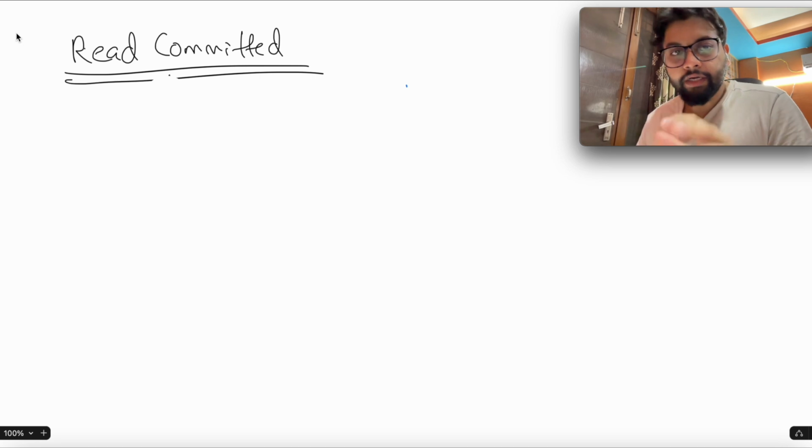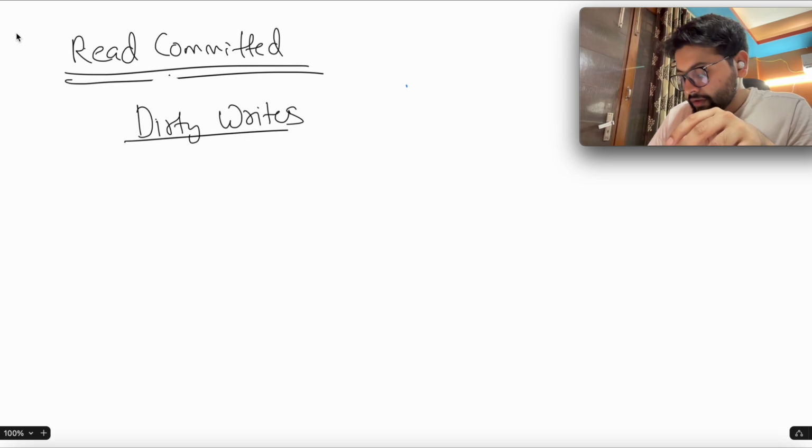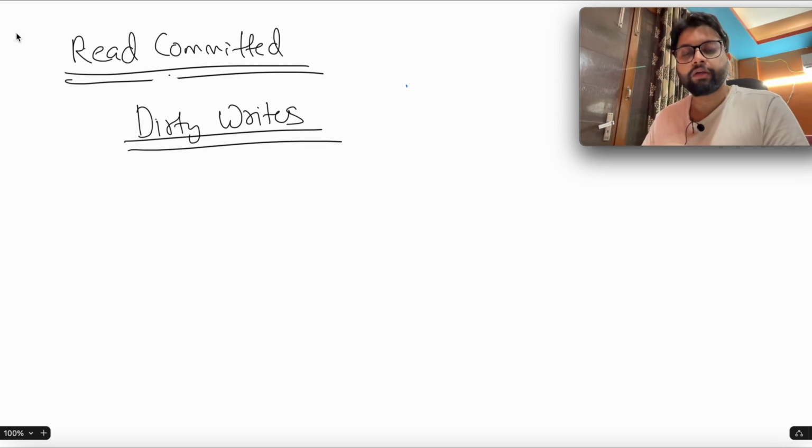We understood the dirty read concept. Now we are going to understand what dirty writes are. So let me quickly write here. This is very similar to dirty reads. What dirty write suggests is that if a particular data item has been locked or is being processed by a transaction and it is currently in an uncommitted state, then any other transaction cannot perform a write on top of it. Meaning,